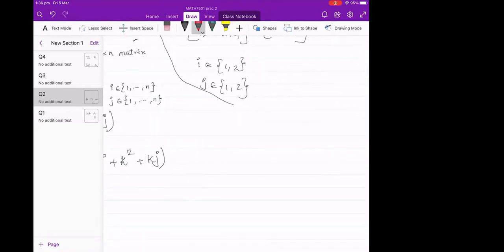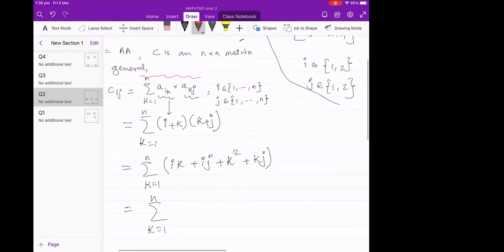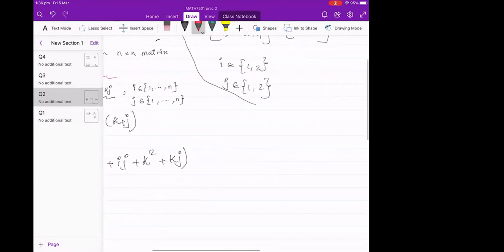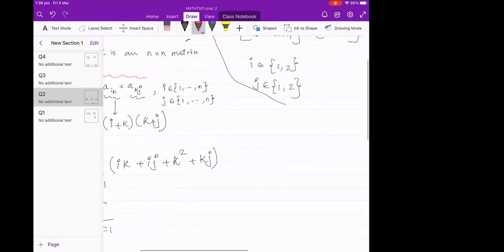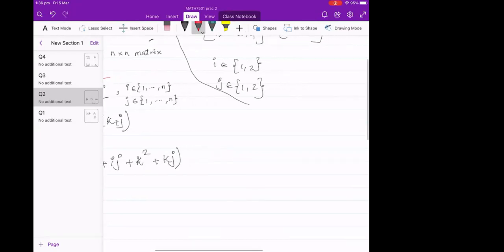If I have time, I'll show this, but it needs a little bit of background. That is row times column multiplication. Okay, let's say